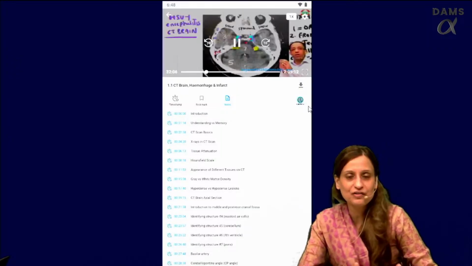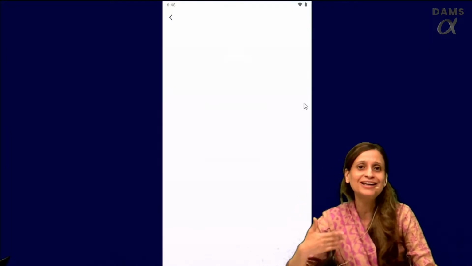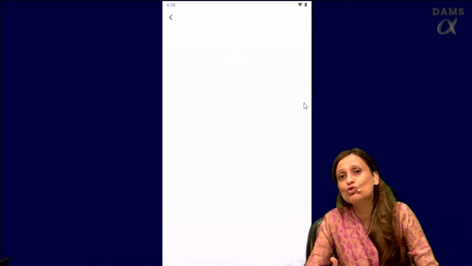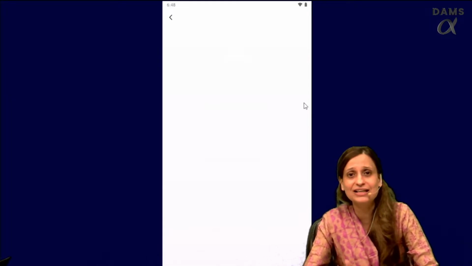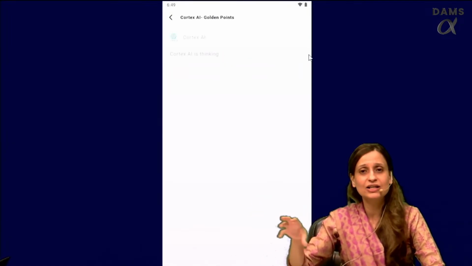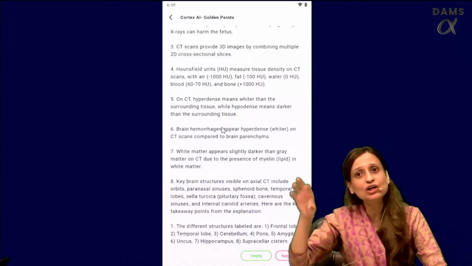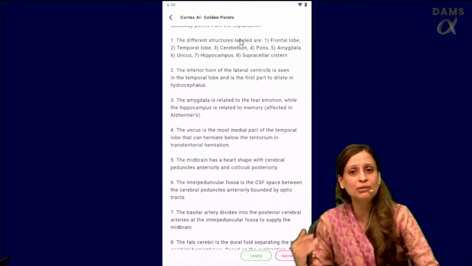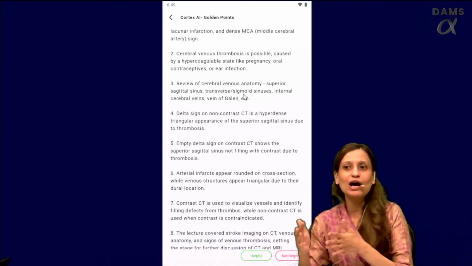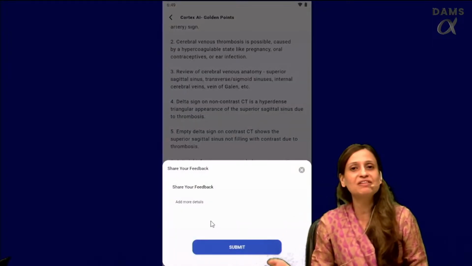So for example, if you've seen one video once and you don't want to see it again, but you want to go through the various important sections, then one of the best ways to do it is through Cortex AI. In fact, we would say that all those students who are going to appear for the exam now, suppose you know that a certain area is a weak topic for you, right? For example, right now you are seeing how the Cortex AI has generated the golden points from the video itself. So once you know what your weak topic is, even if you are closer to the exam, you can just press Cortex AI. There is no need to even see the entire video again.